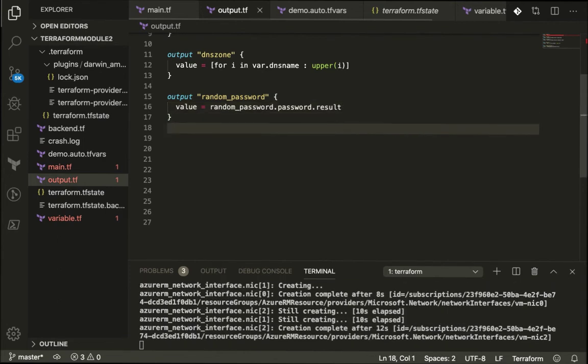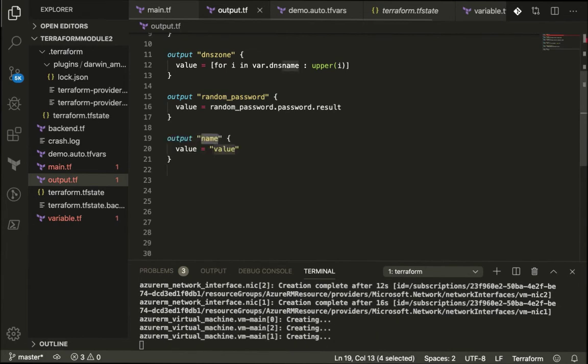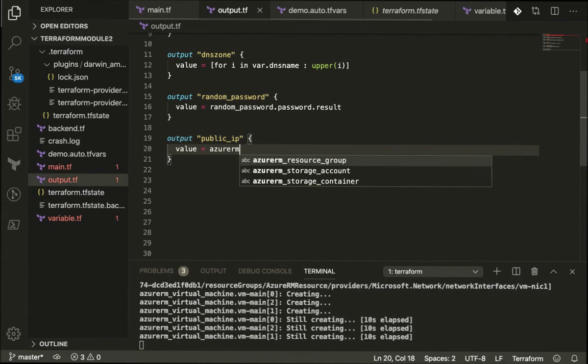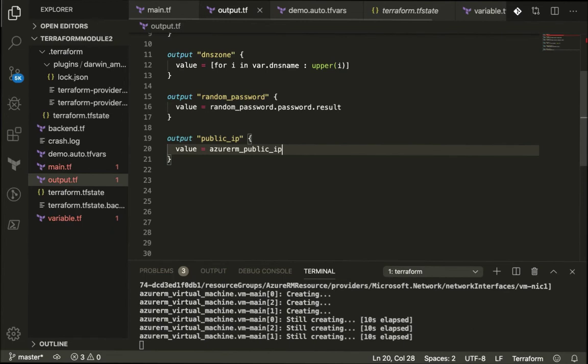We're gonna use a public IP output as well. Output public_IP, then azurerm_public_ip dot star, because we used